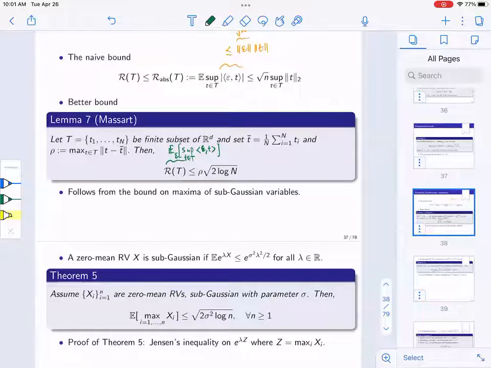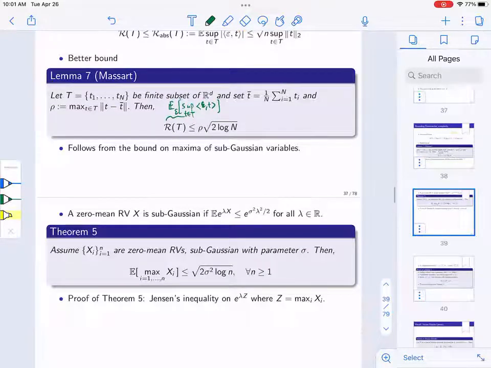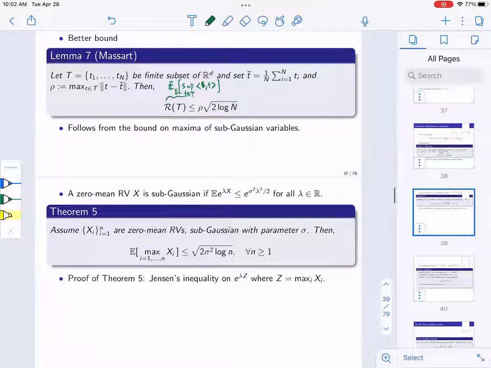If you recall, or hopefully you have seen, sub-Gaussian variables. We recall this is one definition: if a zero mean random variable x satisfies this MGF inequality, it is sub-Gaussian. So the MGF of x is uniformly controlled by the MGF of a Gaussian, and sigma is called the sub-Gaussian parameter. The first result, a very important result for sub-Gaussian variables: if you have a sequence of size n of zero mean random variables with sub-Gaussian parameter sigma,